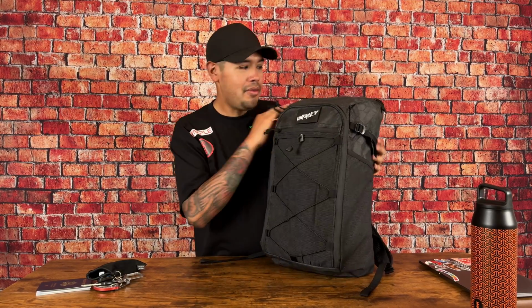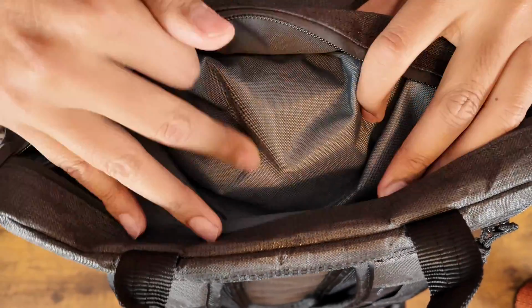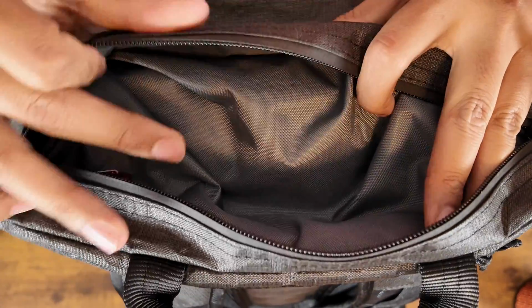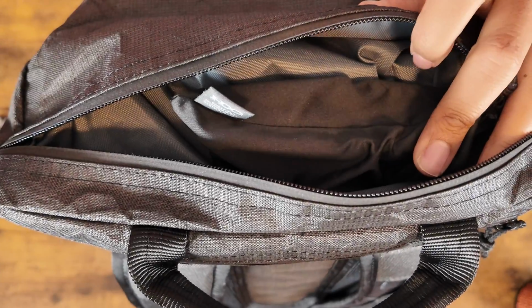Now let's move over to overhead camera and show you the top pocket. So this top pocket, I'm gonna keep all the normal things in there. Like I said, this is a realistic loadout. I'm gonna have my sunglasses, passport,